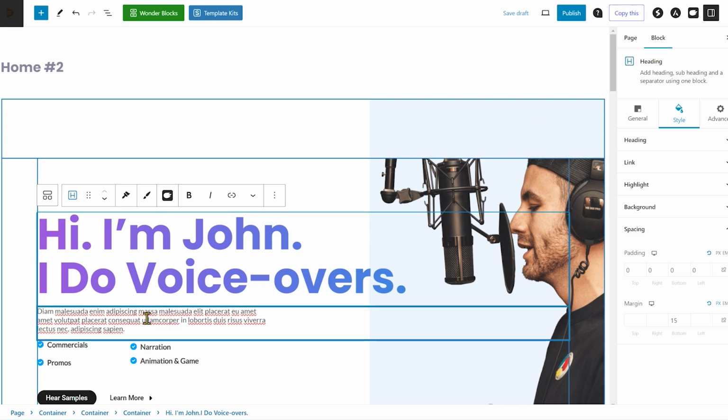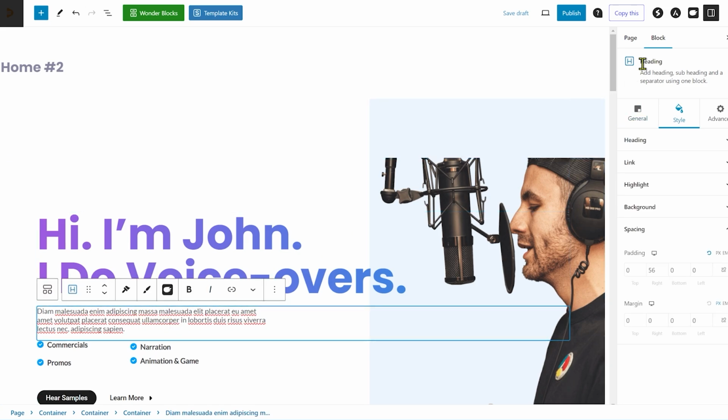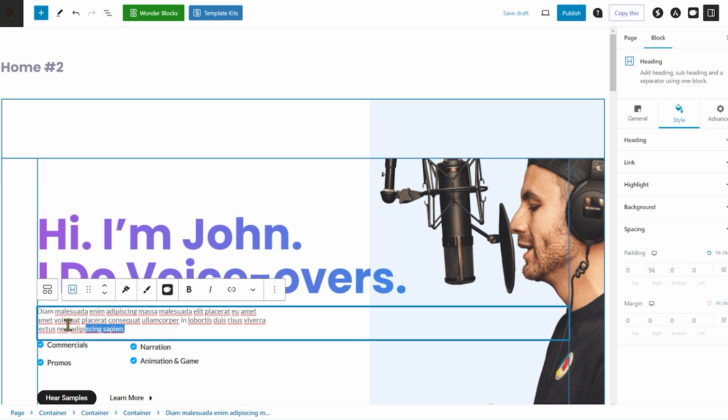So if I click the text here, now you see this is also technically a heading block, which just contains all the different kinds of text. So the exact same settings that I mentioned to you are the same settings that are available here as well. And if I want to change this text, I'll just highlight this and I'll just say,